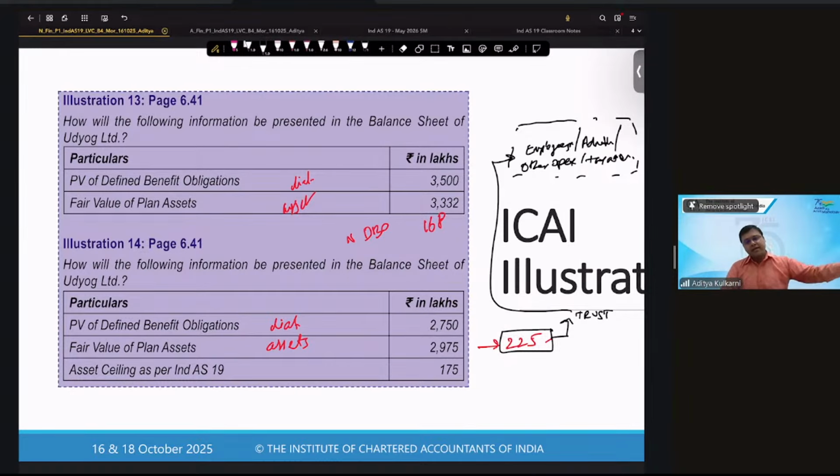So you will park it in some assets that will be invested. Through the return on those investments, the trust operates. And therefore, your usable amount from those assets is known as asset ceiling. Okay, so what happens is, see,